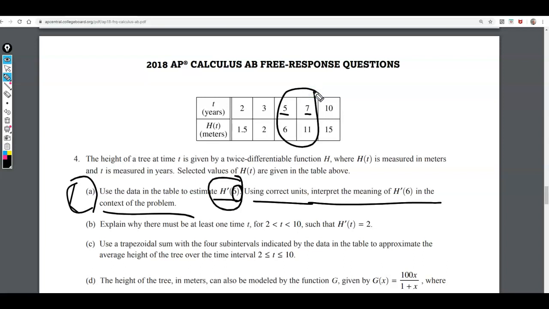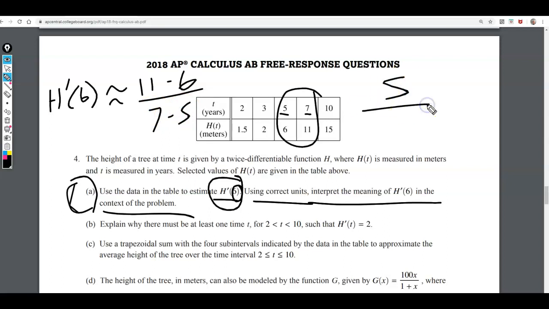So we're going to find the average rate of change between those two values of t. So h prime of 6 is approximately going to be equal to h of 7 minus h of 5 over 7 minus 5, which is going to be 11 minus 6 is 5, and 7 minus 5 is 2. So we have 5 over 2. Now that's only part of the problem. The rest of what we need to do is interpret this in the context